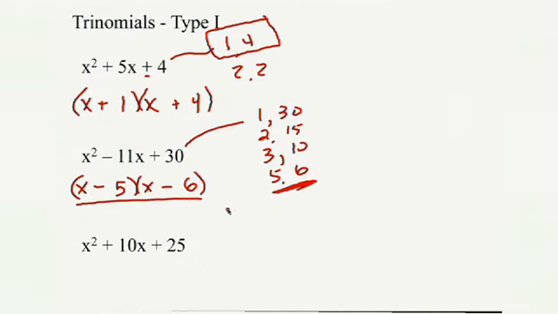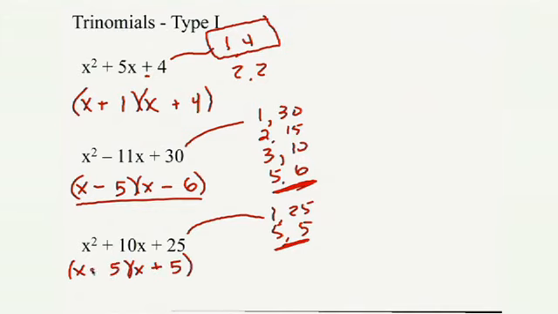That's right. Okay, the last one on this page, factors of 25, just a limited amount, 1 and 25, and 5 and 5. Now again, factors of 25 that add to give us 10. Well, this one's probably easier than the other ones above. We're going to use those two 5s right there because they clearly add together to give us 10. So we plug in our 5s, both positive.